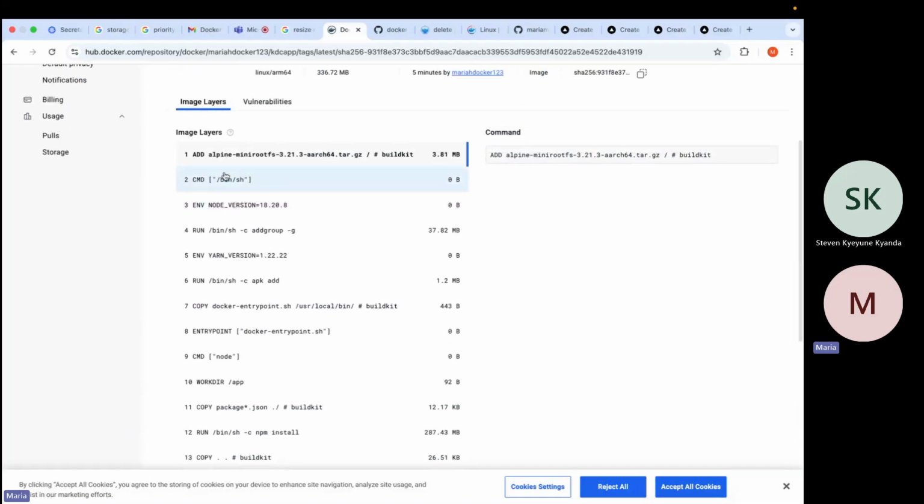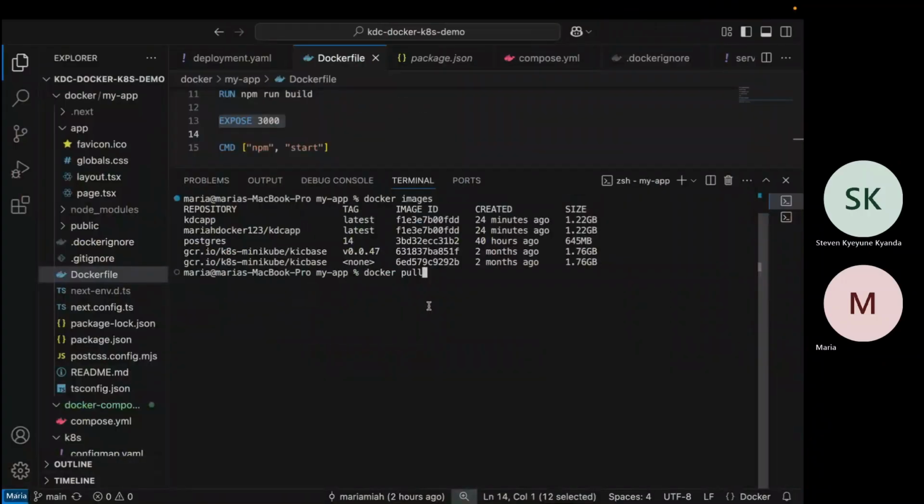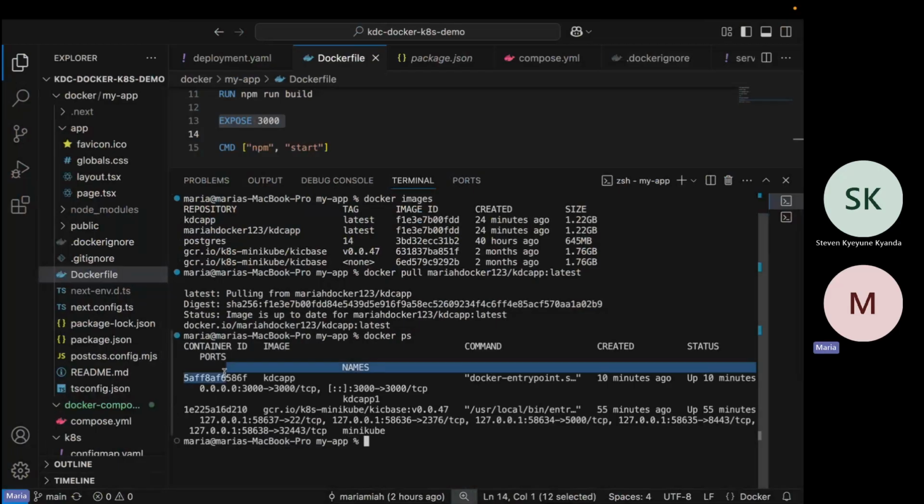So they are bits compressed and compiled. So docker pull, image name. Here it already exists, that's why I didn't bother. But if I delete this image, how do I delete the image? In case there is no container running on that image, let me try to stop this container.